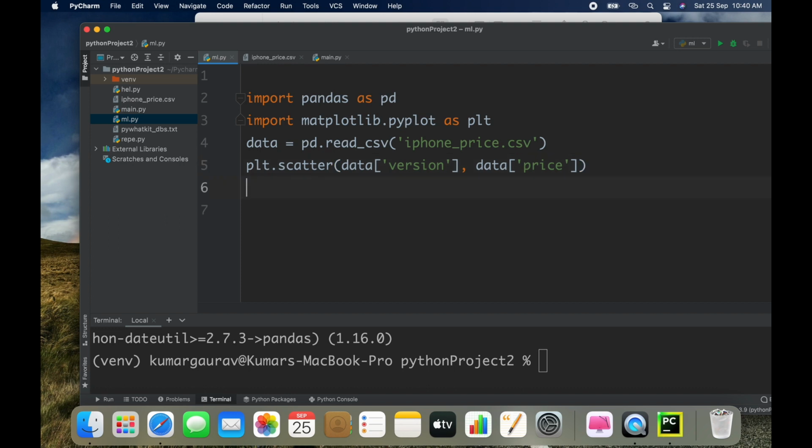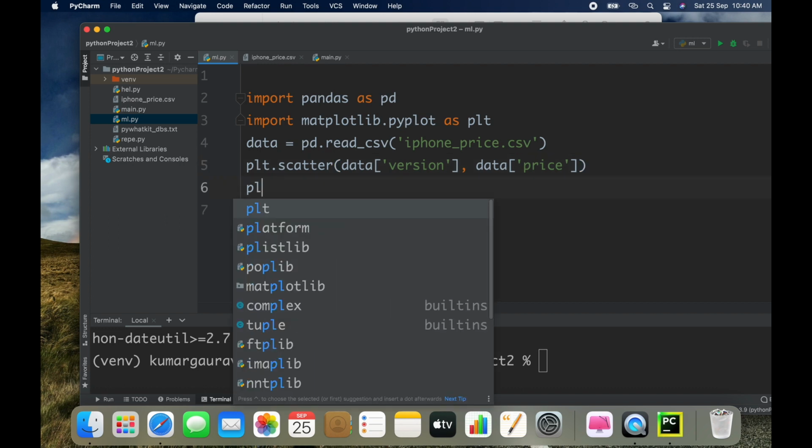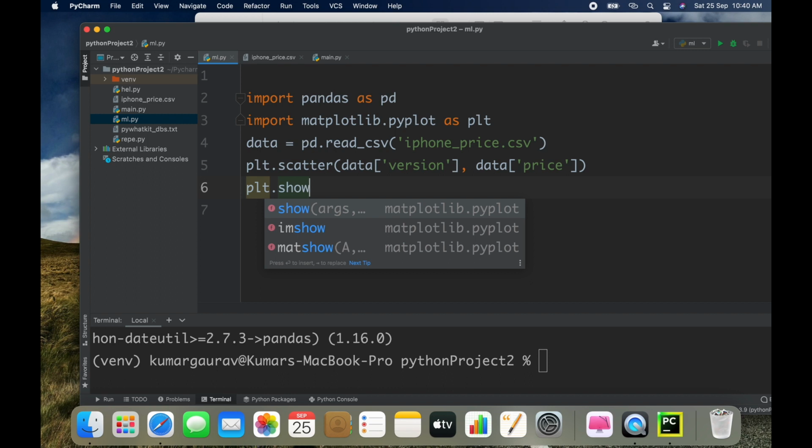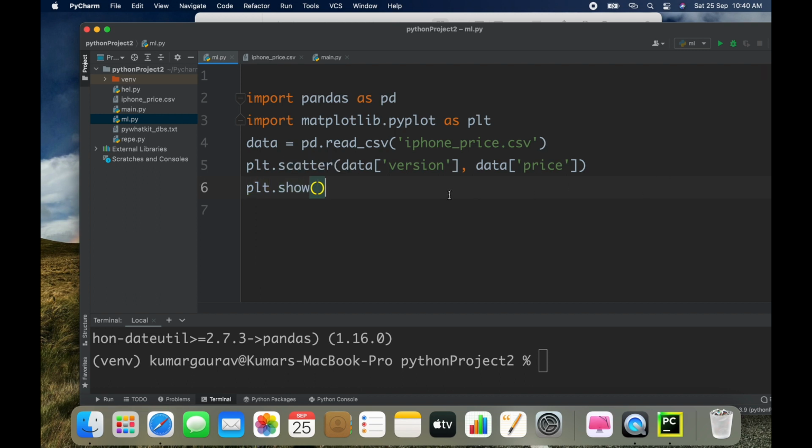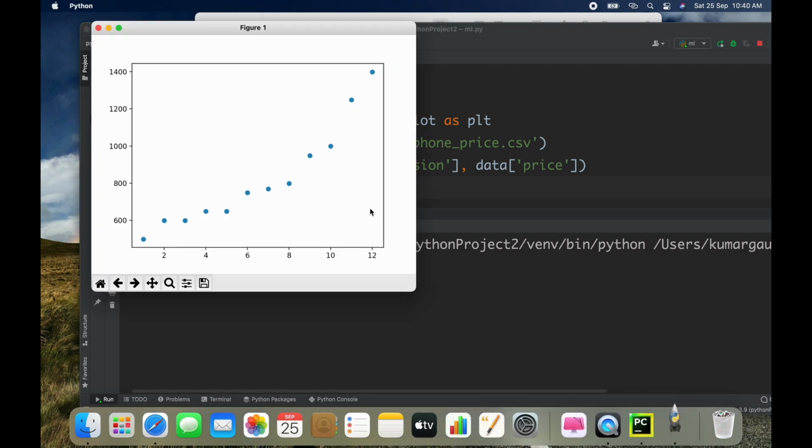Now the last line is plt.show. So if I run this file, it will show me graphical formats of that data. See, version 1, 2, 3, 4, 5, 6, 7, 8, 9, 10, and you can see this is almost a linear line. It is not actually a linear line, but we can predict that the prices are